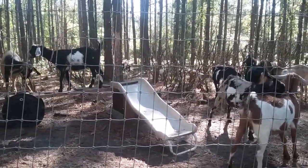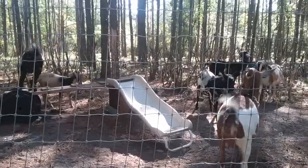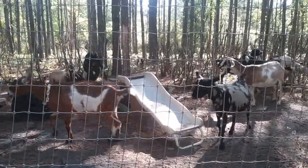It's fun to sit here and watch them. I got a load of wash going. So I like to sit out here and just watch the goats. There's so little going on here, guys. It's just like